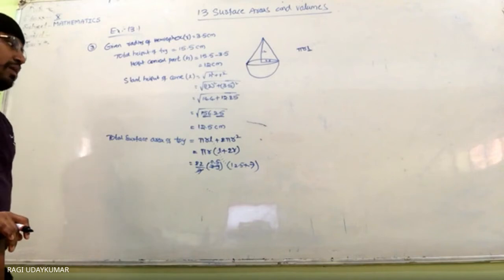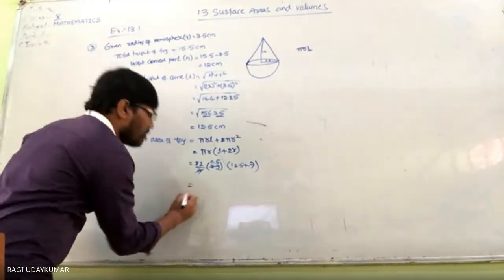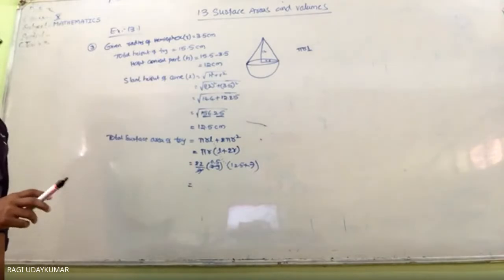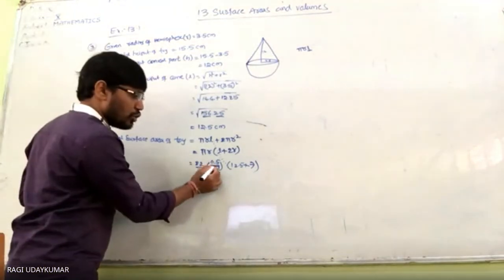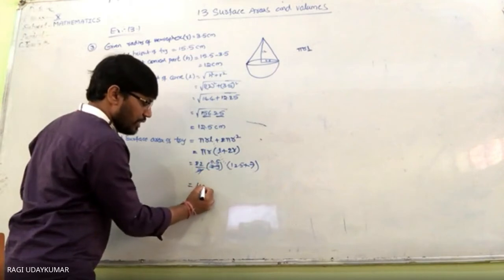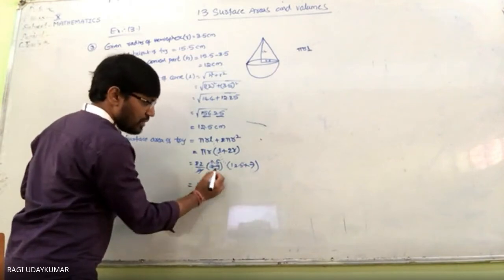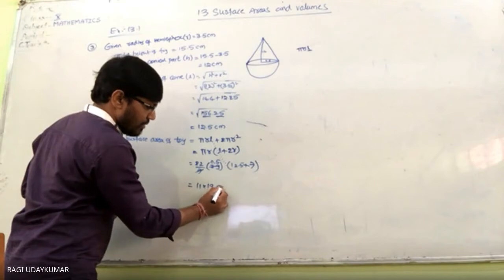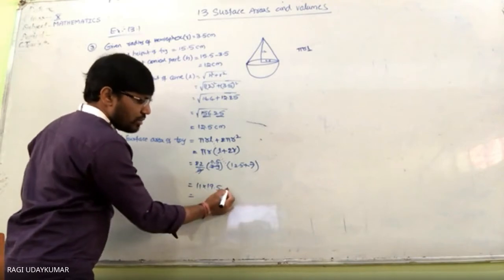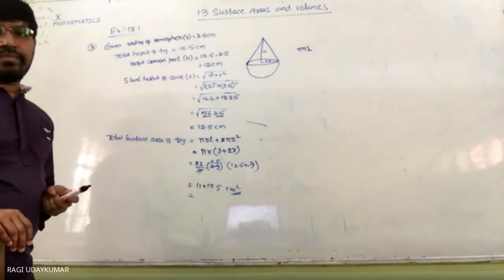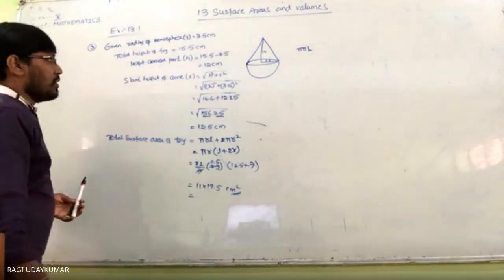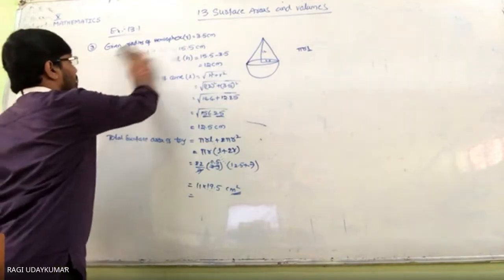0.5 into 2.2. So this will simplify 0.5 into 2.2. 11 you are going to get because this 0.5 is nothing but 11 into 12.5 means 19.5. इसको multiply कर लो, then you express this in the form of the centimeter square. Okay. Next, let us go to the next question.